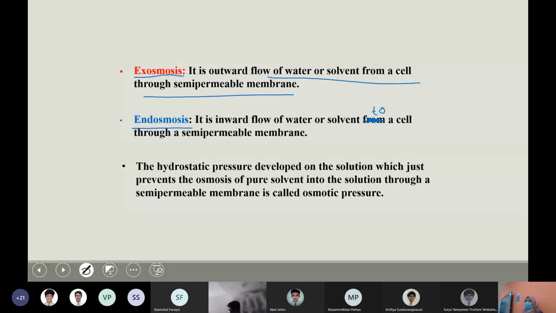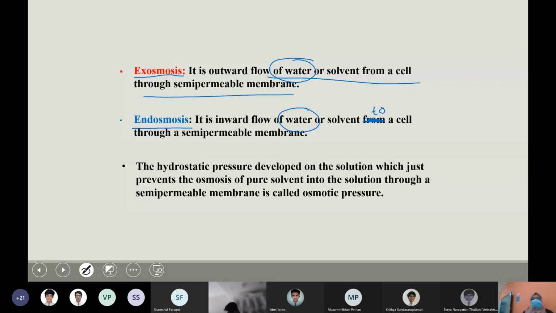When you take a chemical system, it could be a different solvent. Not only water, you can have alcohol and different solvents are possible. But inside the cell, you know that the solvent is water. Basically in our body, the solvent is water. So here it is basically the movement of water taking place inside and outside the cell. That is based on our situation, whether you are hydrated or dehydrated, this movement is happening.